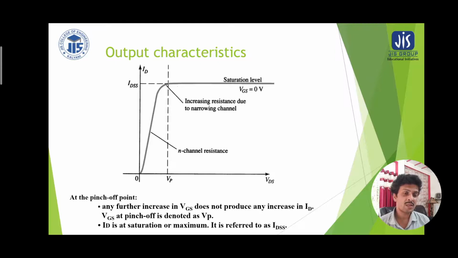So when the gate to source voltage is changing, the drain to source saturation current is also changing. So there are a million possible values of gate to source voltage that may fix the drain to source saturation current. The N channel resistance, as has been shown in the ohmic region, is a dynamic resistance. At any point of time, if we take the ratio of change in drain to source voltage to the change in drain current, we can find out the N channel resistance.